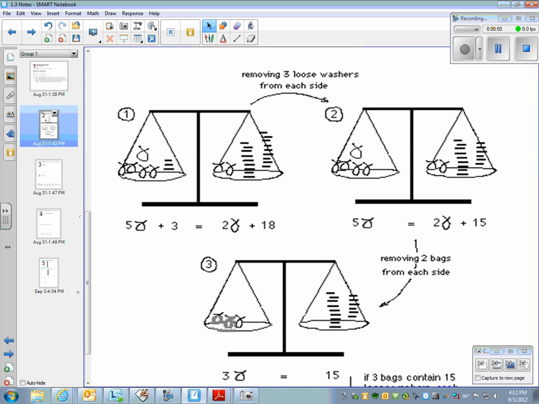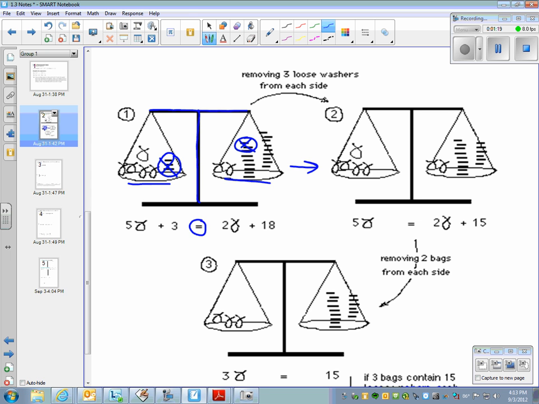The next cartoon, it's not really a cartoon, but it's just a little drawing of what we're doing here. So an equals is like a balance, like a balance beam, where things are the same on both sides. They're equal. They're on equal footings. So what we're going to do here is get rid of these three little washers. We get rid of the three over here, we cross those out, and we're left with